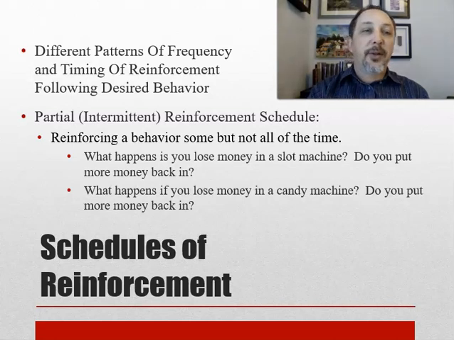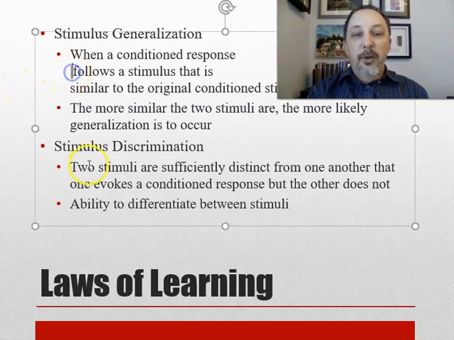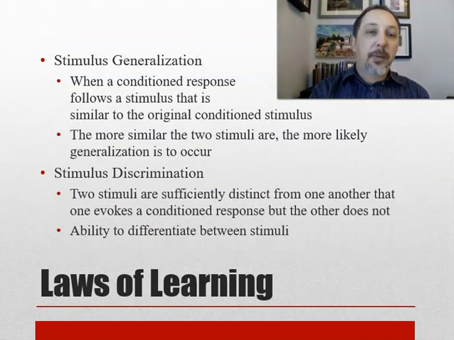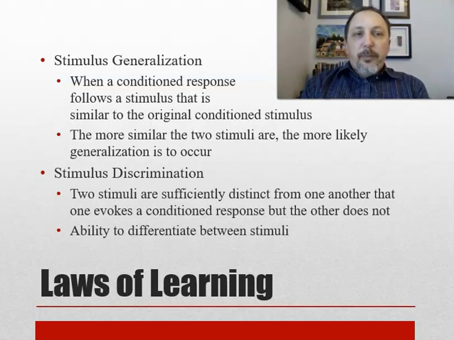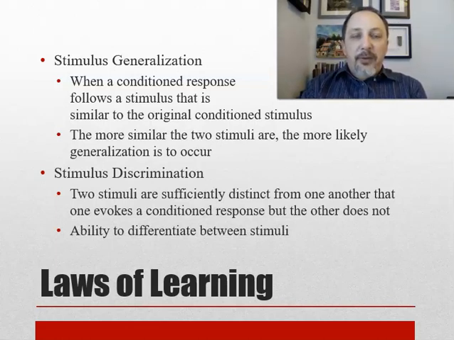And we also have two more concepts here, stimulus generalization and stimulus discrimination. Stimulus generalization means that you are seeing two stimuli similarly enough that you're responding to it. So let's say you ring a bell and the dog salivates. You ring a slightly different bell and the dog also salivates. But now you bang a gong, and the dog doesn't salivate. That's stimulus discrimination.